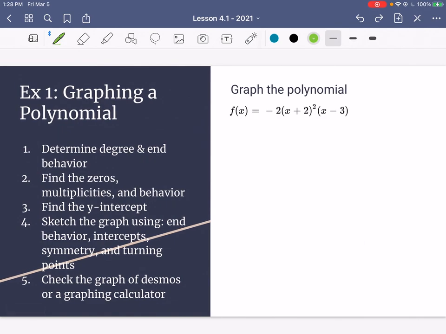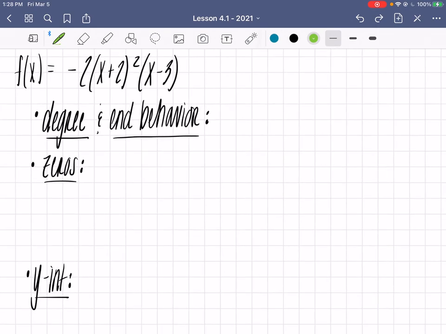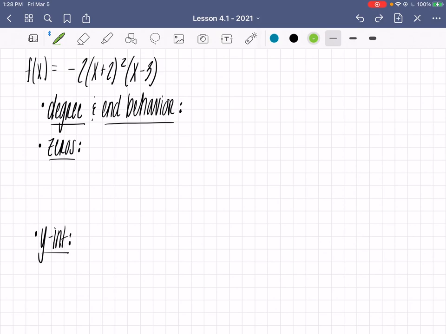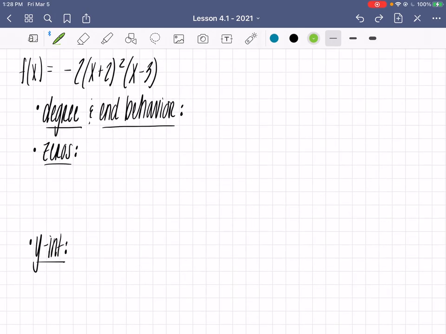You can take a minute to write this down, and then I'm going to leave room on the next page actually so that I just don't run out of room here. So I write this out, and I want you guys to do the same thing on your homework. You will have to do these same types of problems. So we are going to determine the degree and end behavior, the zeros, the y-intercept, and then we will actually graph it. So looking at this first one, I have to add up the multiplicities here, the exponents here,